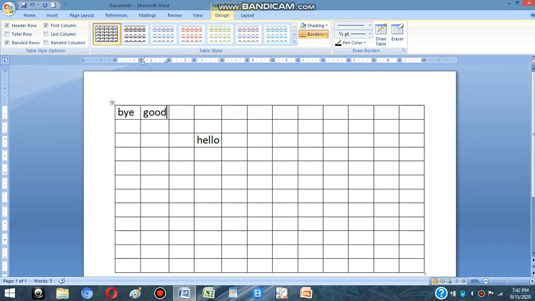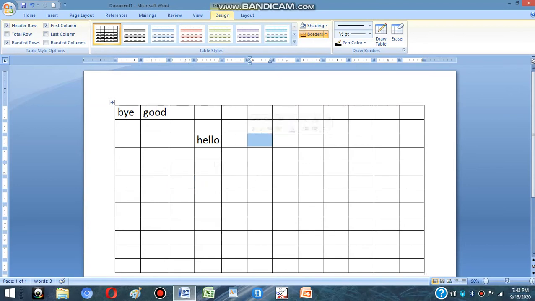Now next is selecting. For selecting a single cell, bring the mouse pointer to the lower left of the cell to be selected. Meaning the cell which I want to select, I have to bring the mouse to the lower left of the cell. It will turn into a black arrow, and by clicking it, the cell is selected.